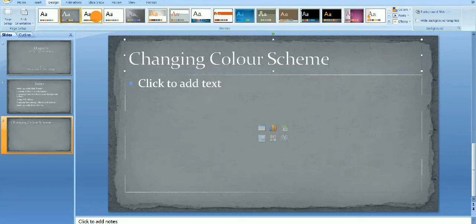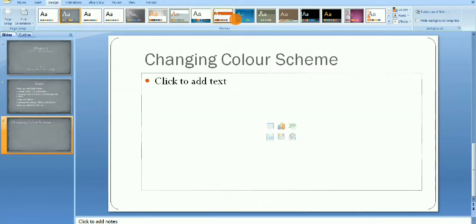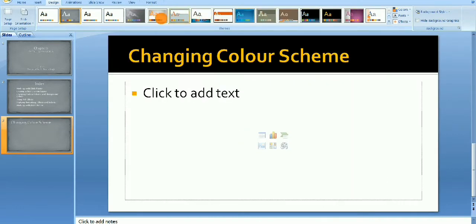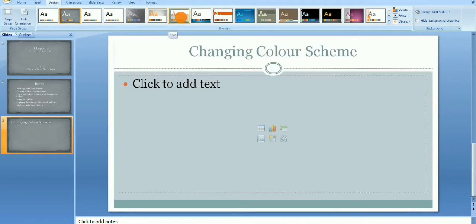You just move your cursor over a theme and it will preview on your presentation. If you want to apply it to all, you click on it, then it will automatically apply to your whole presentation. Now I am going to choose this one, then it will apply to all my presentation.